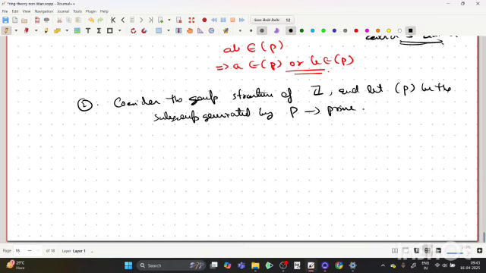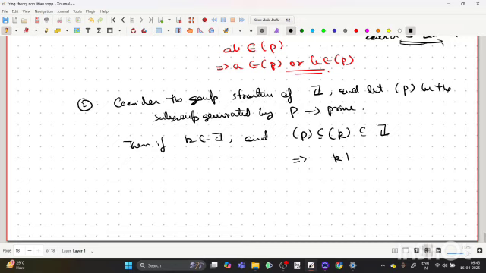Now observe that if k is some element in Z and the subgroup generated by k contains the subgroup generated by p, and obviously it should be inside the group of integers, then that should immediately imply that k divides p, right? Because if the subgroup generated by p is contained in the subgroup generated by k, then that would imply p is in the subgroup generated by k, but that should imply p must be written as nk for some n,